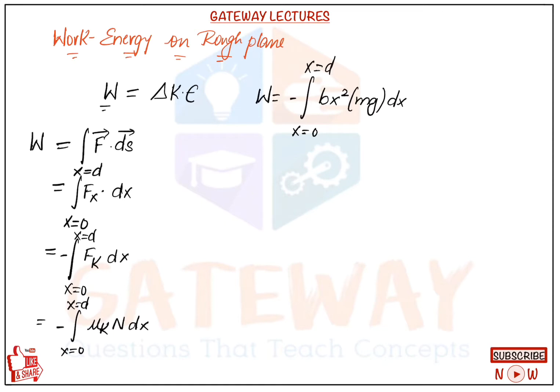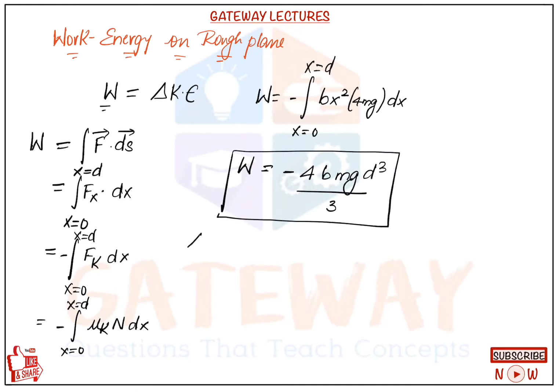Actually here it is 4 mg, since the two blocks are moving together combined, so it is 4 mg. Once we do the integration, we will get minus 4 b m g d cubed upon 3. This is the work done,